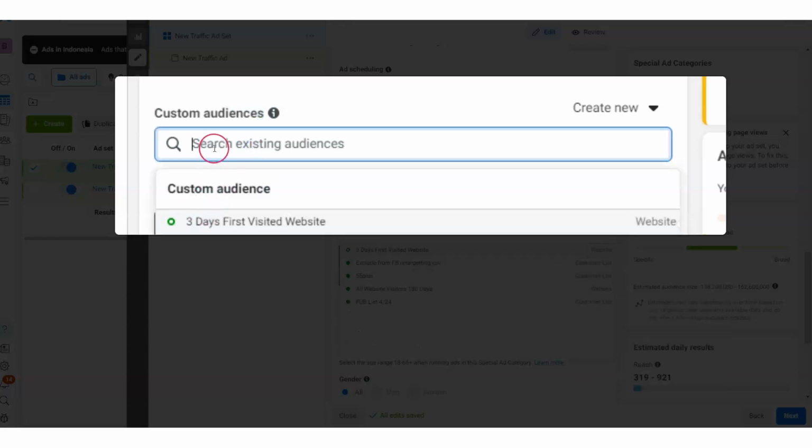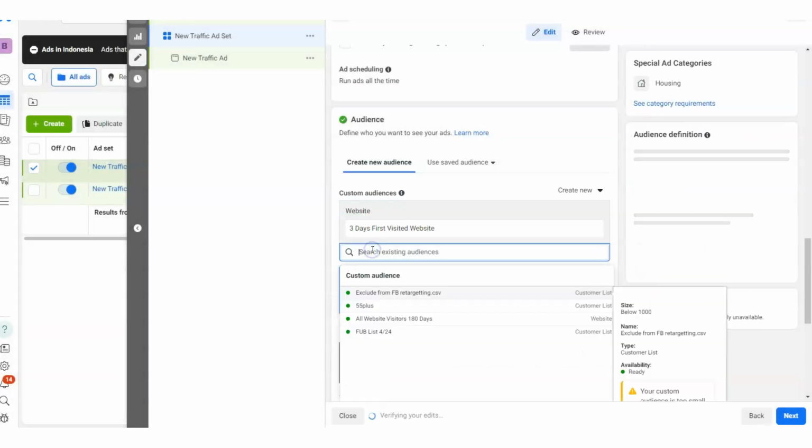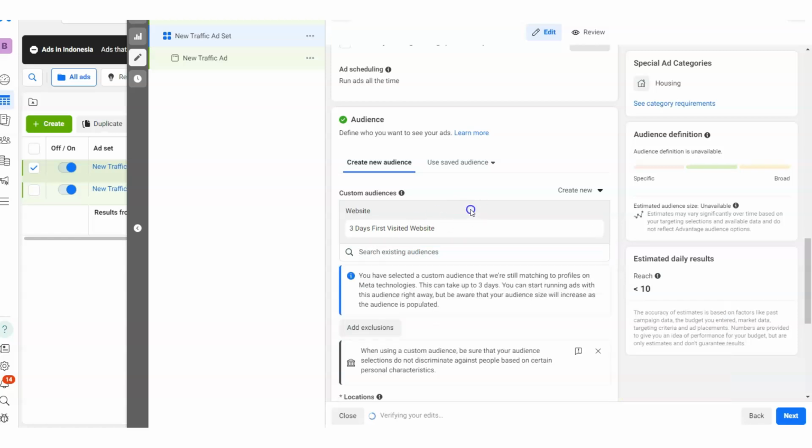I'm going to choose, if we click in there, you can see we have all our retargeting audiences. I'm going to choose this 3 days first visited website. And right now, it shouldn't be too many people. You see reach is now under 10, but as people visit your website, that will grow and grow and grow